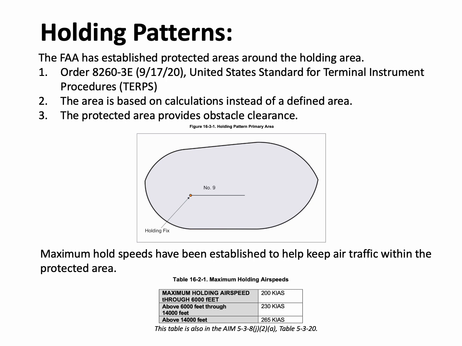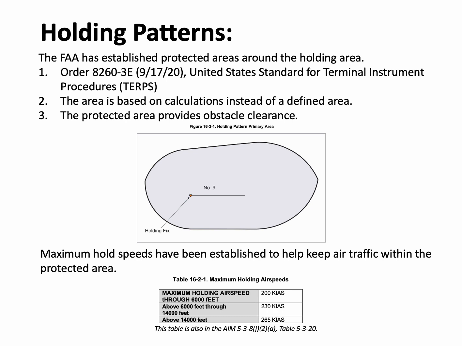In order to remain in the protected area, you must make sure to fly the correct hold direction, left or right. The second thing to know is that the FAA has established maximum holding speeds for the hold depending on altitude. This table is in Order 8260.3E also, but is also published in the AIM under the holding section 5-3-8 as Table